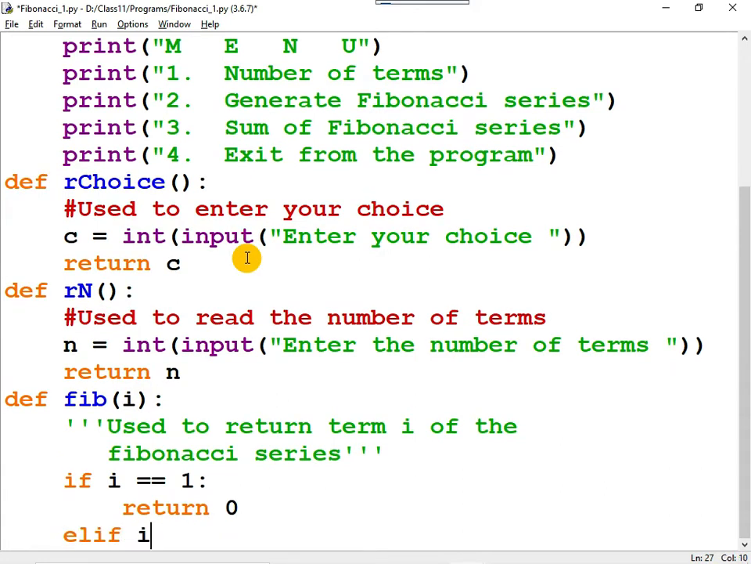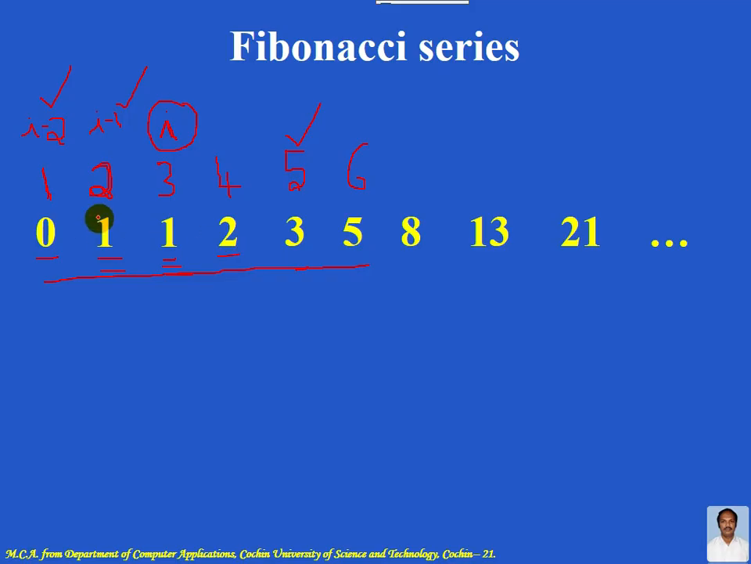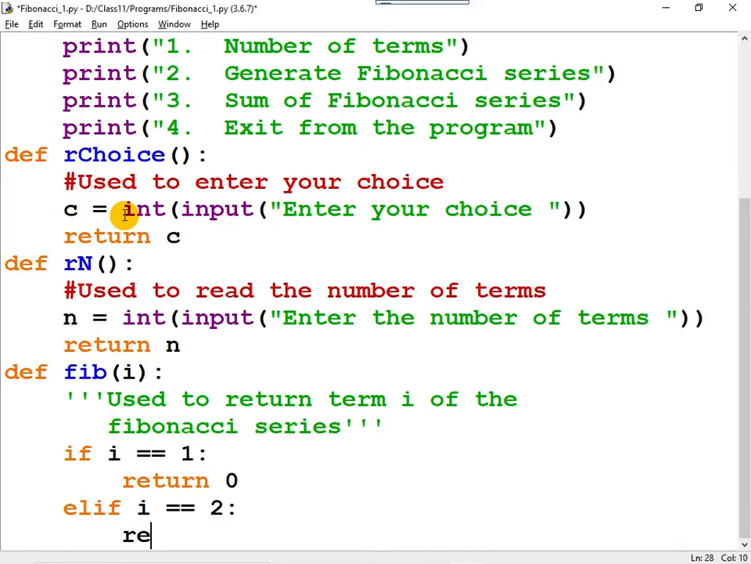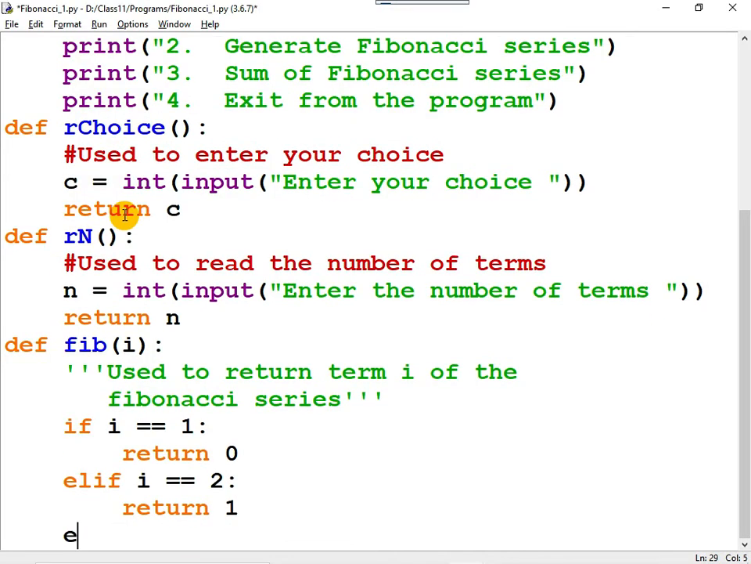Elif I equal to 2. What is the second term of the Fibonacci series? No need to calculate, it is a constant, always 1. So you can return 1. Otherwise,